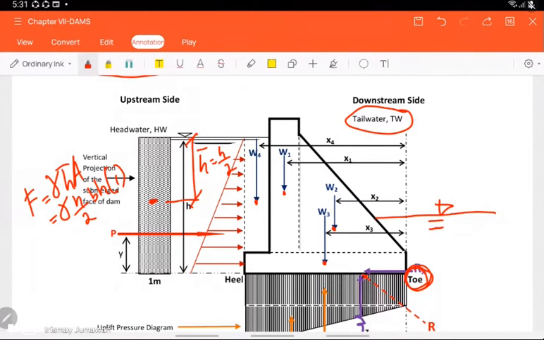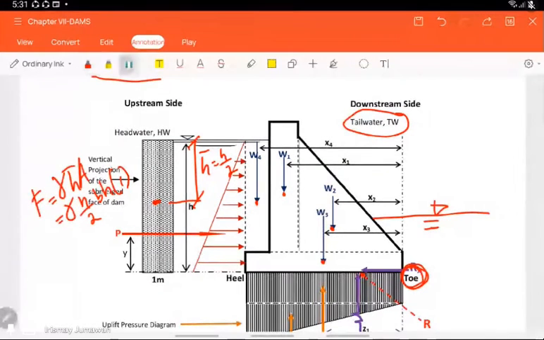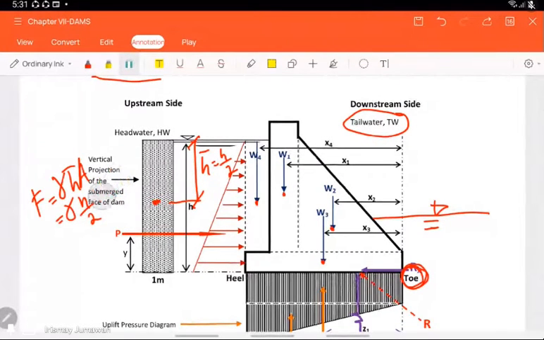So 1 meter naman na siya. So base times height, times 1, h times 1. So your force is equal to gamma, 1/2,